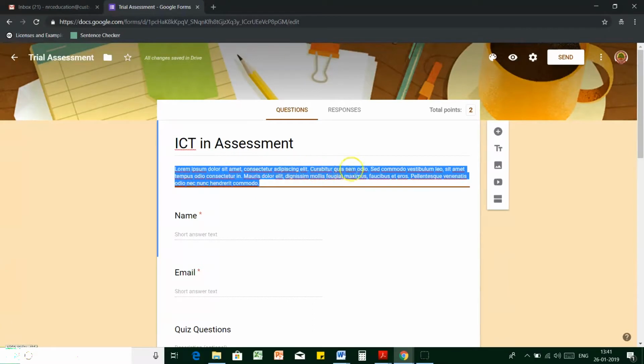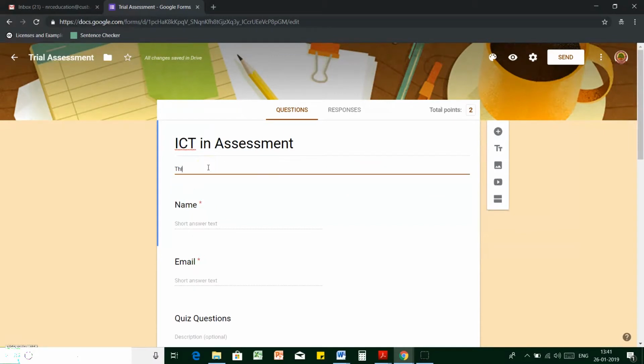Here you can see some text has been given. In this text, I can describe this test. It is not mandatory that you write something here. Even renaming the test is not mandatory, but it's always easier to name the test as per the need. In this description, let me write here that this test